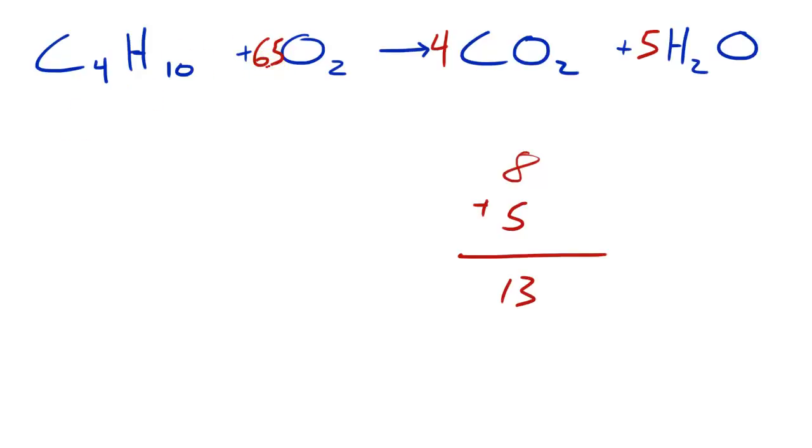So what we need to do is round each one of these coefficients up to the nearest whole number. So we need to multiply all the coefficients by 2. And remember the one rule we have to follow: don't touch the subscripts. That's all we have to remember to make this valid. So we need to multiply all the coefficients by 2. And remember, if you don't have a coefficient written explicitly, we have to assume it's 1. So this would be